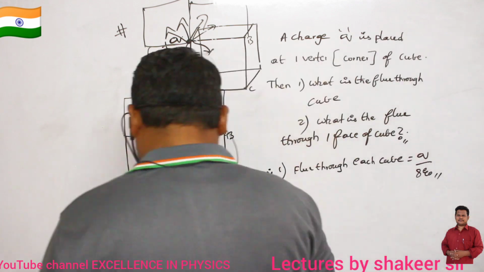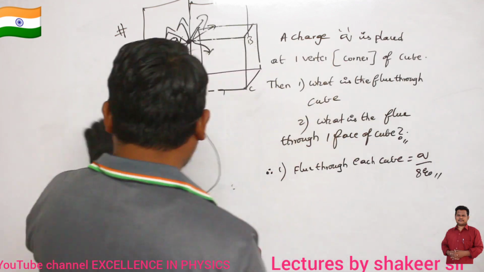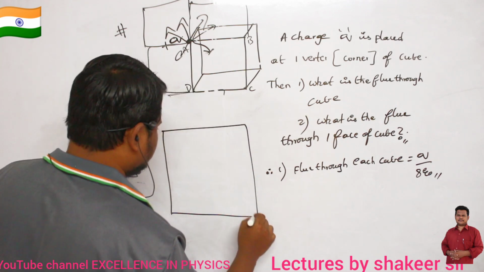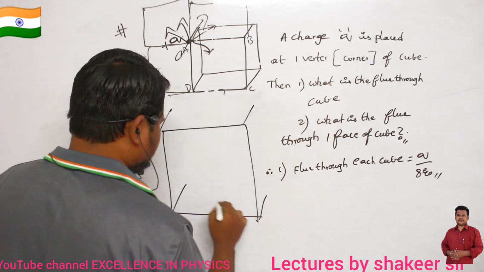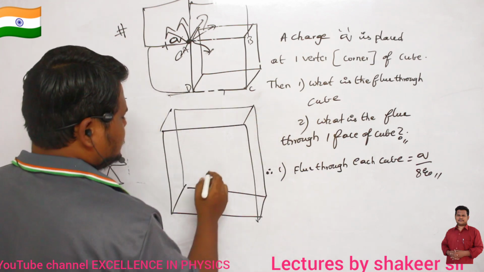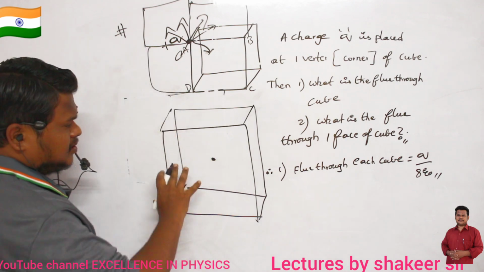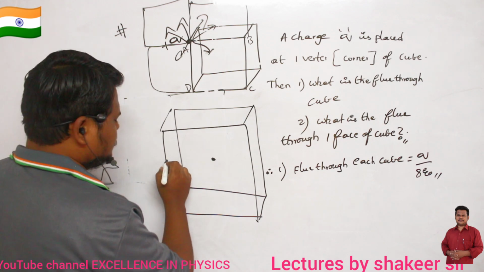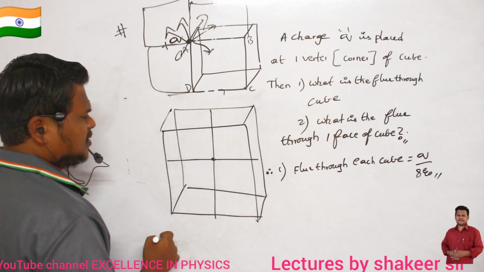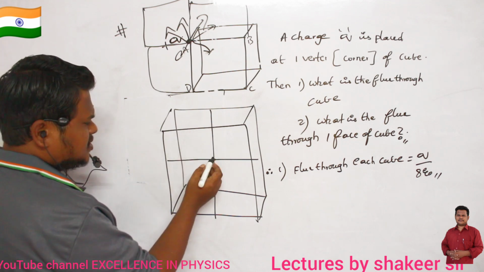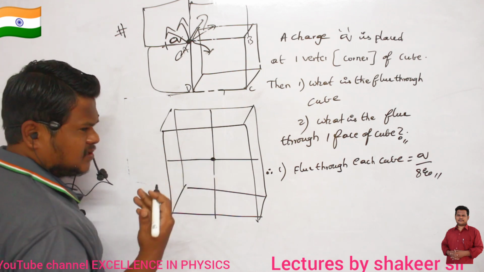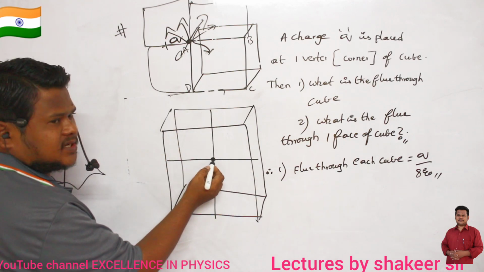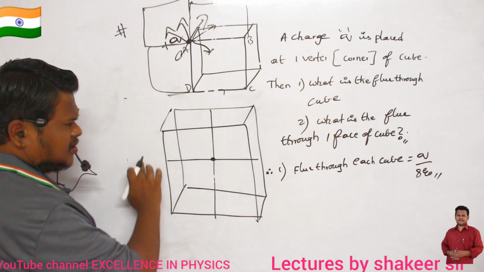For example, how can we draw a diagram of this one? Consider this is the bigger cube we are drawing. Like this, our charge is present here. Now this total cube, I can divide into 8 cubes, no? So up to here. Clear? So at the back of this charge, 4 cubes are present. In the front of this one also, 4 cubes are present. So totally 8 cubes are present surrounding this charge. Clear? So therefore this becomes my total Gaussian surface.